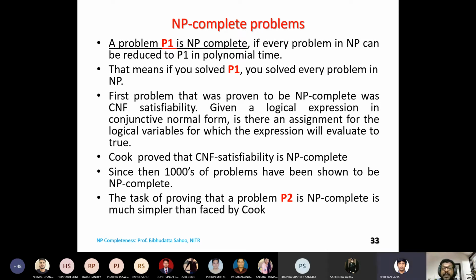Sir, you just said right now that there are several problems left in NP which have not been proven to be NP complete. So that means the first problem which was proven to be NP complete cannot be NP complete, because by the first statement, every problem in NP can be reduced to P1, but it has not been proven that all of them can be reduced to P1. Yes, that is the open problem. If we are able to prove it, then the diagram will change. Instead of writing the rest of the part as NP, we could have written NP complete there.